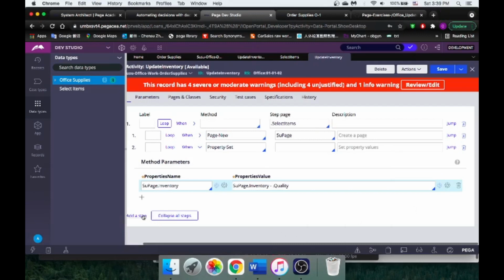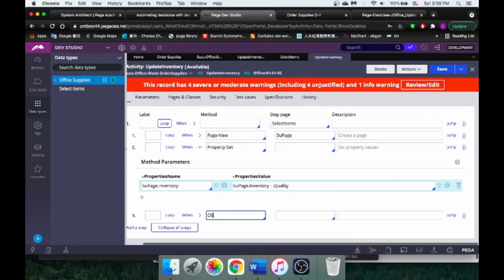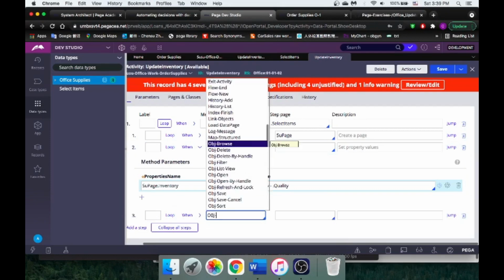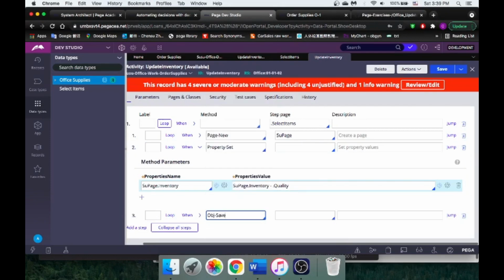And our final step is to save the changes. Make sure you specify the page you want to save. All right, let's